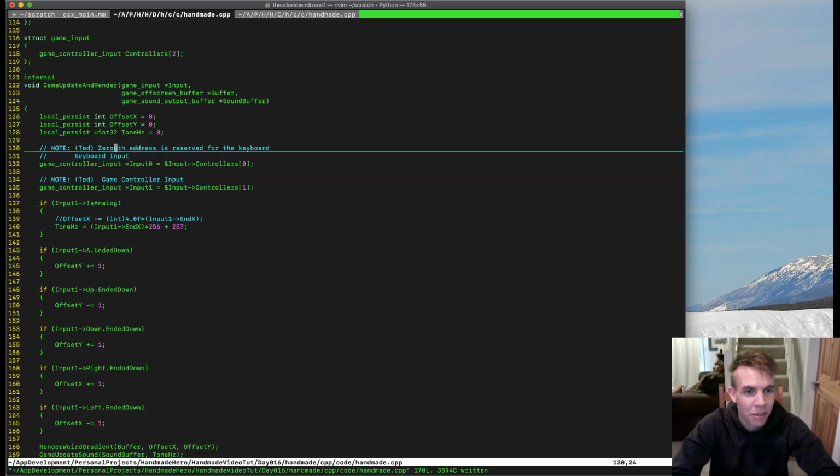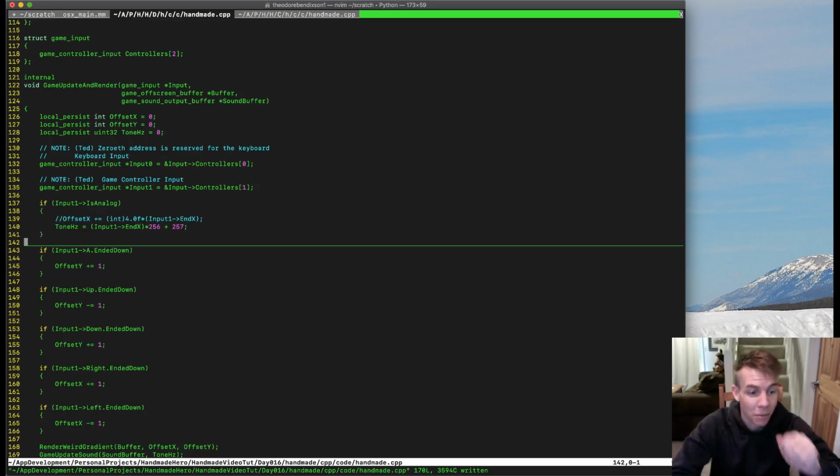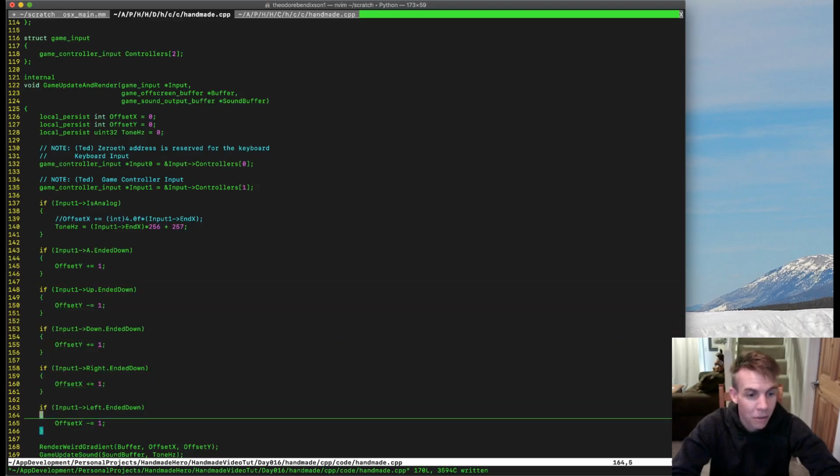So we take the controller inputs, and then we use them to modify the state. If the game controller's A button ended down, then I'm going to modify my Y offset a bit. And I'm going to modify, this is that same tone hertz thing where we were controlling the tone hertz from the speakers with the analog stick. This is the same thing, but all it's doing is using this game input that's passed in, right? So we update the state of the game, update the state of the world, and then after we update the state of the world, then we render